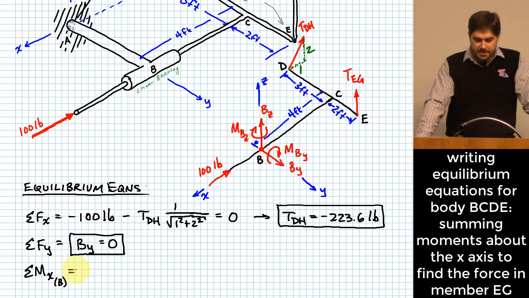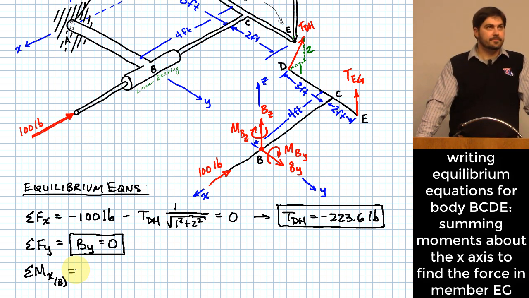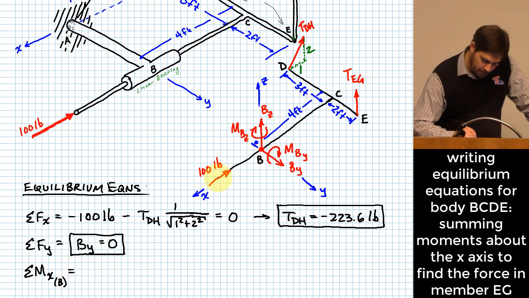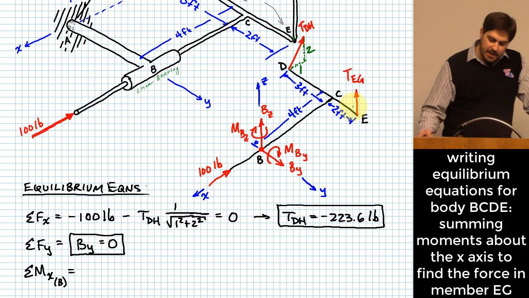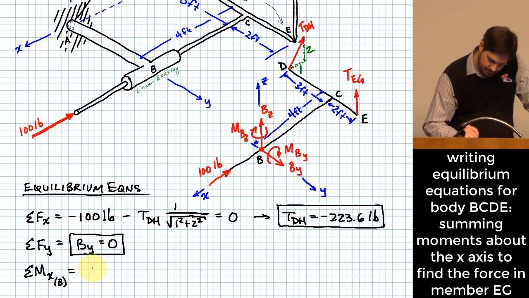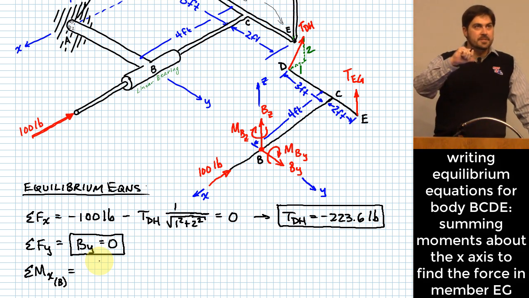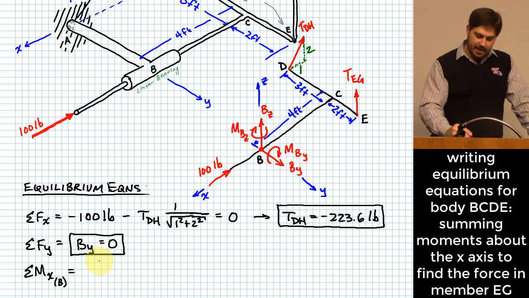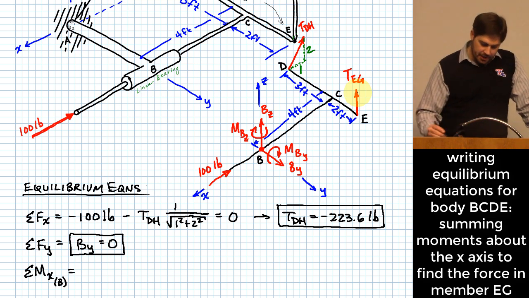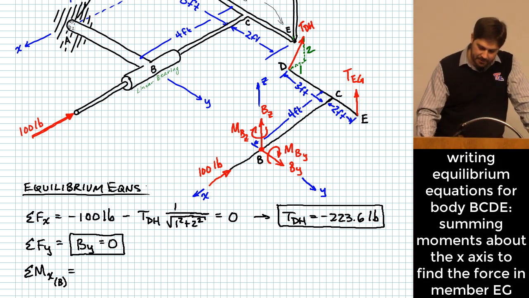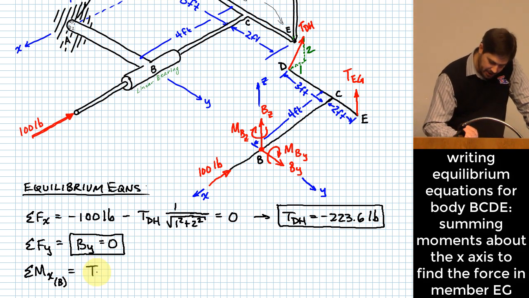All right. So what kind of effects do I have rotationally around that axis? Okay. Maybe the easiest one is TEG. Because keep in mind, what I'm trying to do is work around this axis BC. TEG, what kind of an effect does it have? Positive, right? It's going to tend to rotate such that if you stuck your thumb in the positive x-axis, your fingers would rotate the same direction as the effect of TEG, right? So that means, according to the right-hand rule, TEG is going to have a positive effect around that axis BC. So I'll take TEG